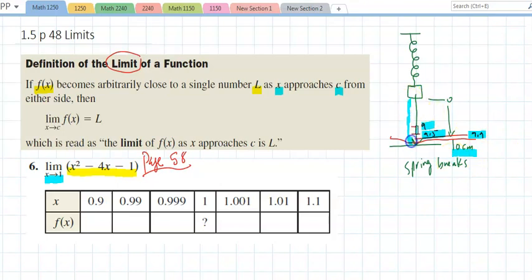Y is the stiffness of the spring in this case. In this problem right here, this is y all the time. We're trying to figure out what x squared minus 4x minus 1 is approaching as x reaches 1. We're never going to get to 1, but we're going to get very close to 1, and this is how we write it. We say the limit of f of x, of whatever it is you're measuring, as x approaches c